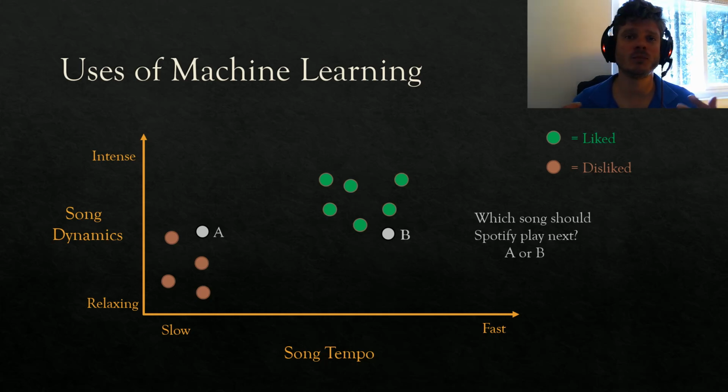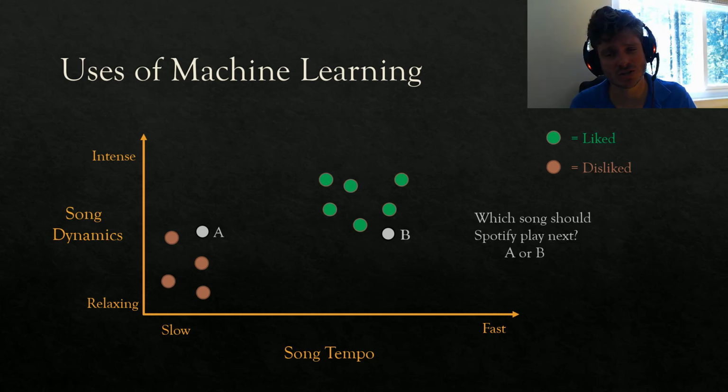But how do I get a machine to understand what's obvious to me? How can I program the machine to be able to recognize this? And again, you might say it's kind of obvious. Well, if it's got a fast song tempo and the dynamics are intense, play that song. If the song is slow and the dynamics are relaxing, don't play it. It's obvious. It's right there. I can see the pattern. Well, again, to be able to explain this, to be able to encode this for a computer to learn, let's take a look at maybe a slightly more